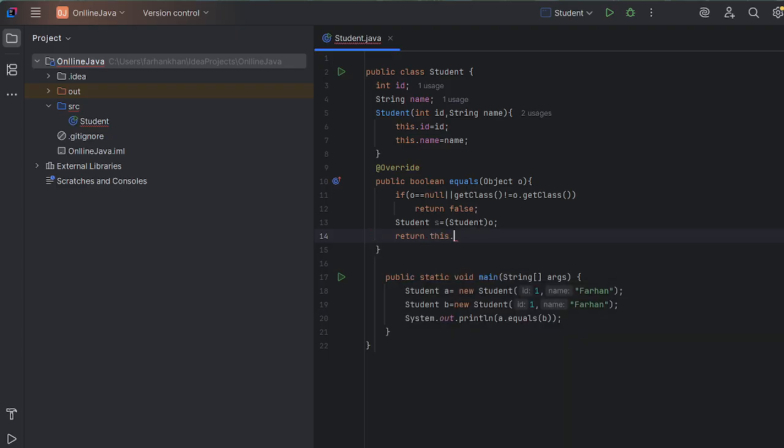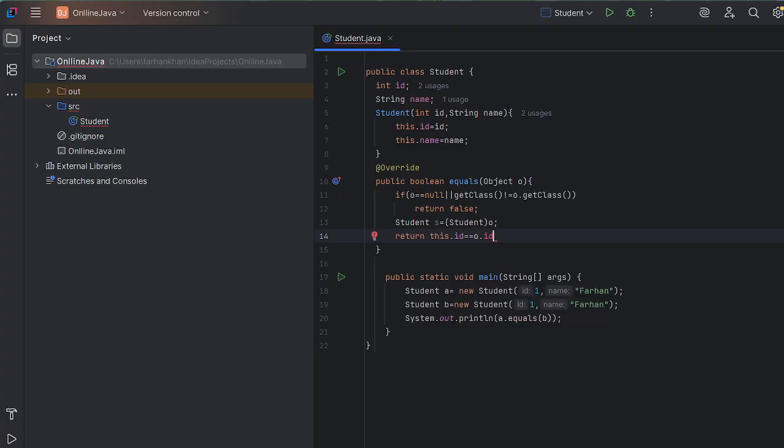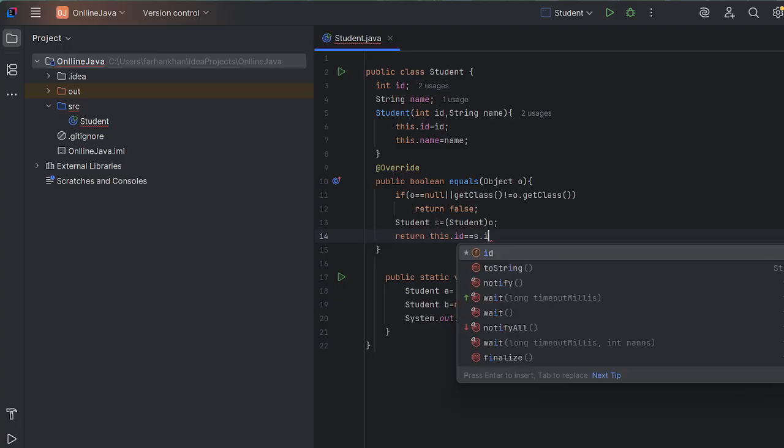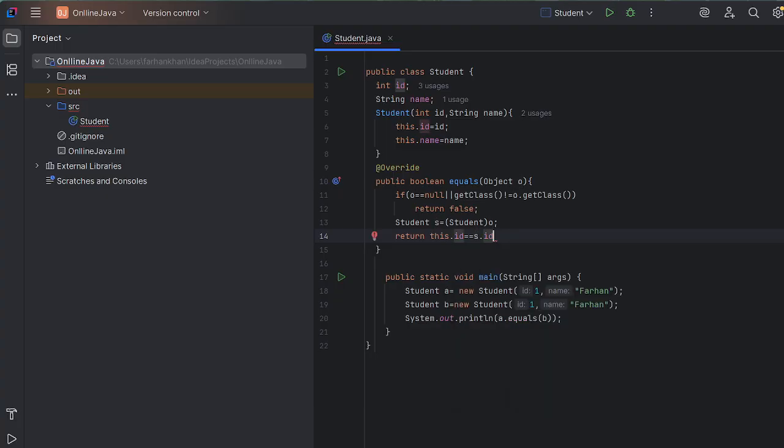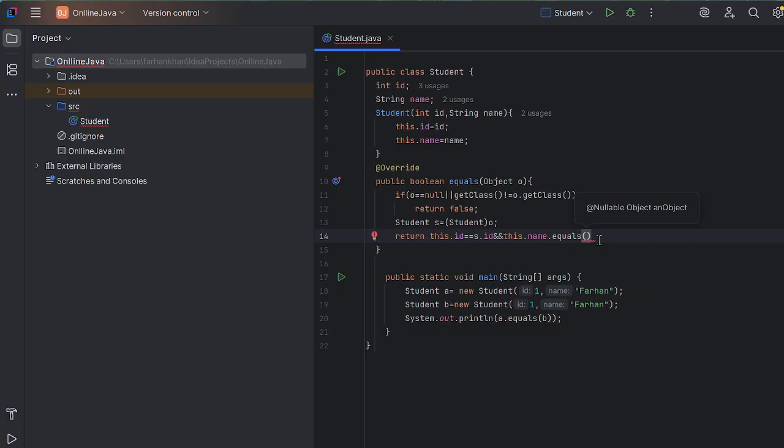This points to the current class object. And because it is a string, we will call the string equals method.